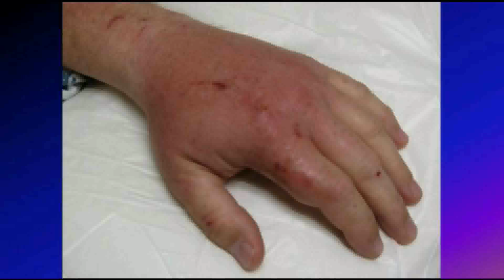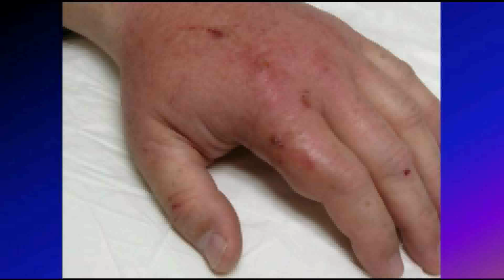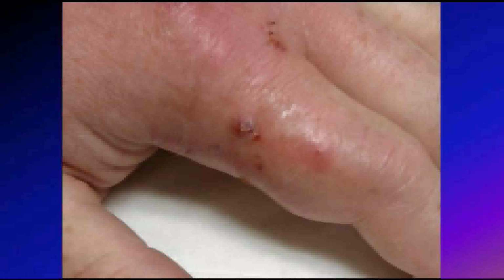Over the next 8 to 12 hours, his hand became swollen and painful, and then he presented to our clinic in the early afternoon the following day. Now, if you look, these photographs were taken in the clinic before we admitted him to the hospital. So if you look a little closer, you can see that the index finger is quite swollen and actually was very painful. And you can see the puncture marks on his hand where the cat bit into his skin. And there's actually some serosanguinous drainage coming through, and you can see a little closer, easier on the closer view